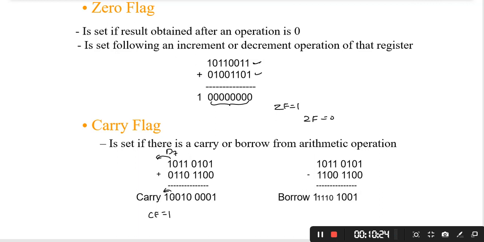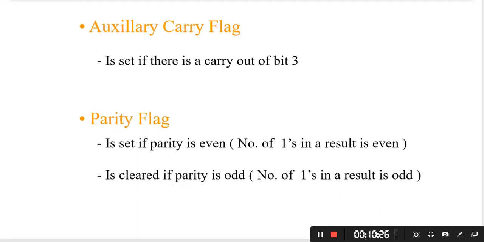In the same manner, the auxiliary carry flag is also a flag bit. This flag will be set if, during the operation, there is a carry from the D3 bit to D4.